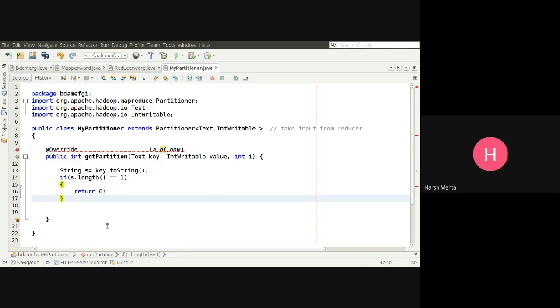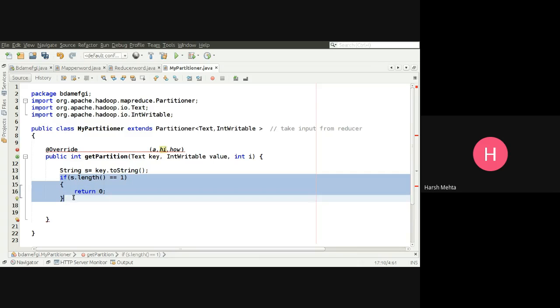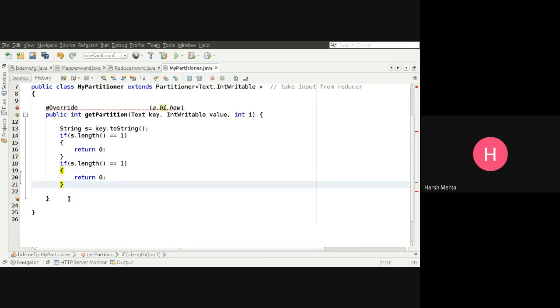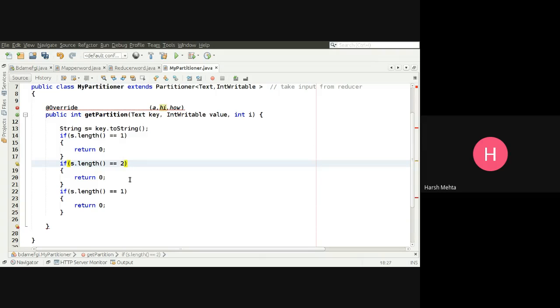If s dot length is 2, let me just copy paste this, then it goes to my next partition. If s dot length is 3, it goes to the next partition. So up to 3 characters we count. Else return 3.